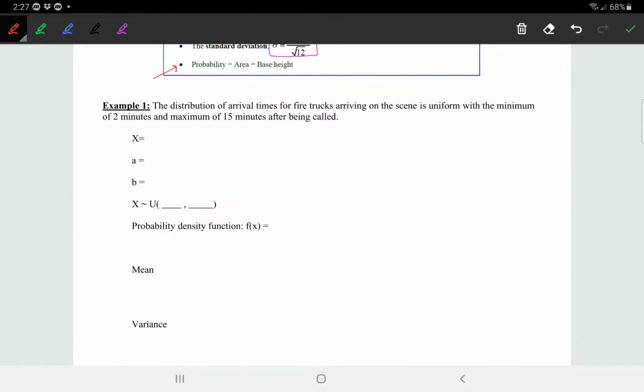So, for example, let's say the distribution of arrival times of fire trucks arriving on the scene is uniform with a minimum number of minutes of 2 and the maximum of 15 minutes after being called. So let's define a random variable. X is equal to the number of minutes for a fire truck to arrive on the scene